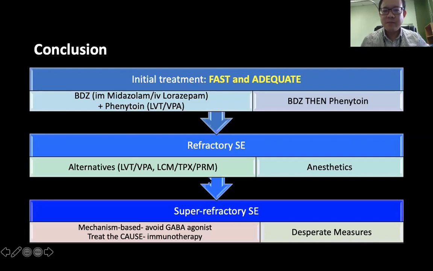Yes, Prof. In pediatrics, the score is for adults because the age cutoff is 60 years. In pediatrics, there is only one study using a modified version of the score, which is STEPSS. The only change is the age, for which they use 2 years as a cutoff. So in the STEPSS score, what is the time you assess the conscious level? Is it during the seizure or immediately after the seizure?